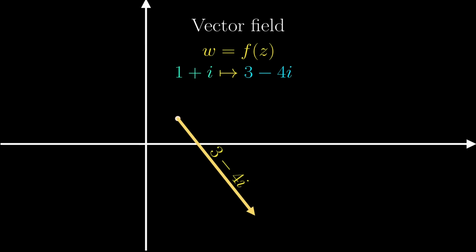The point at the position 1 plus i should be attached with a vector corresponding to 3 minus 4i. However, unlike domain coloring, we can't do this to all the other points. If we do, this is the result. You can't see anything. Instead, we only consider a small number of points on regular intervals. But, well, some vectors are way too long and clutter up the plot, so we need to standardize the size, and the missing information about the length can be represented as color in this more refined vector plot.